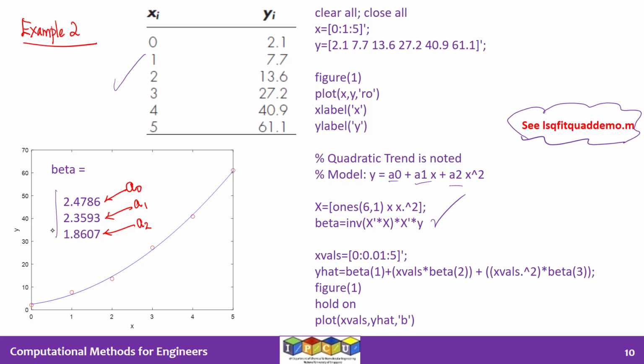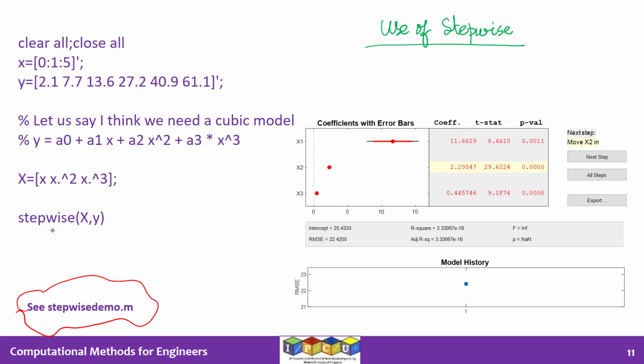How do you know that the model is good? Things like that. I will not go deep into the statistical aspects, but please understand that the stepwise tool that I'm going to introduce is very, very powerful. So when you later on do a course in statistics, or if you have done a course in statistics already, then you can get into those statistical aspects, hypothesis testing, stuff like that. All right, but let's take the same data set.